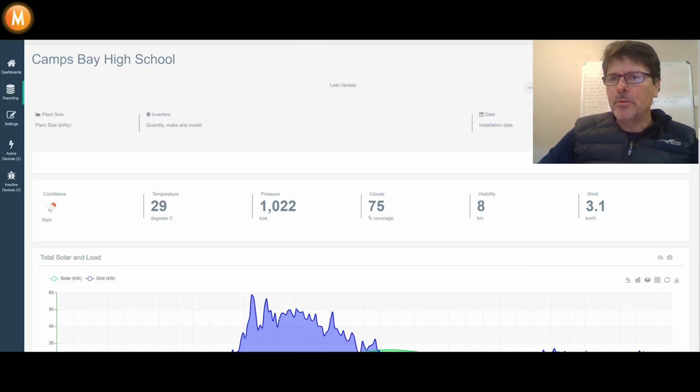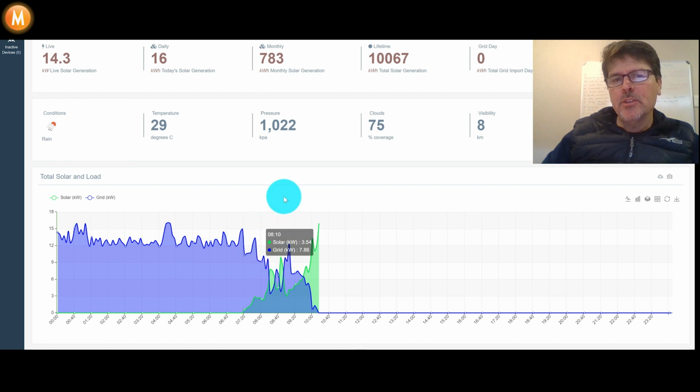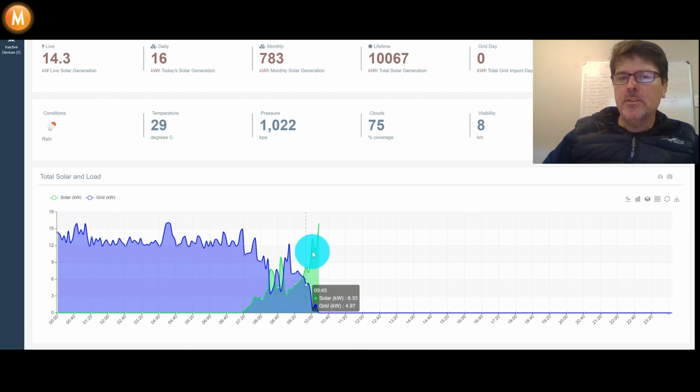So if we pop through to today, what's interesting for me to see is the base load of the school, around 12 to 15 kilowatts. But now in the morning we haven't got that major ramp up of power through to what we were previously seeing on the graph. The spikiness of the green graph is showing the overcast weather that we're experiencing today, and basically we have our last data point here at